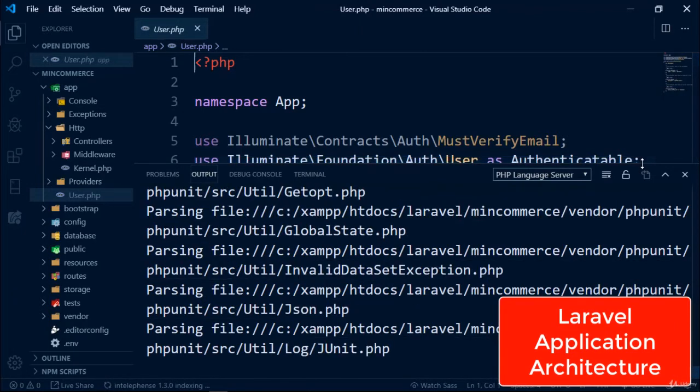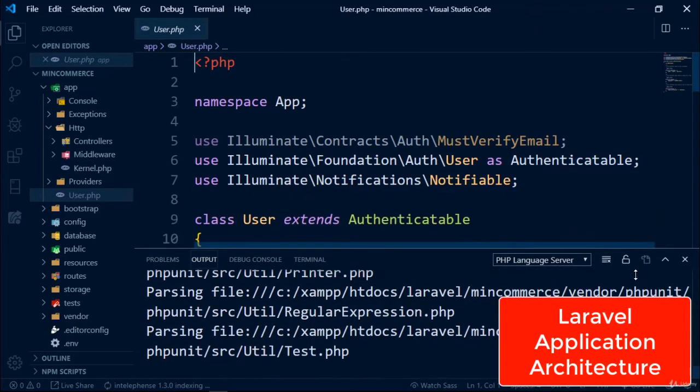I don't know, it's a problem here. Just minimize